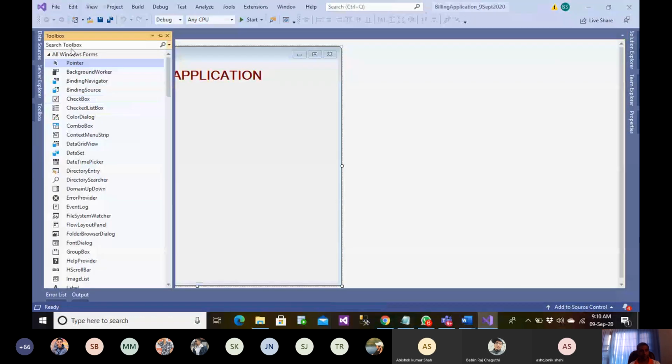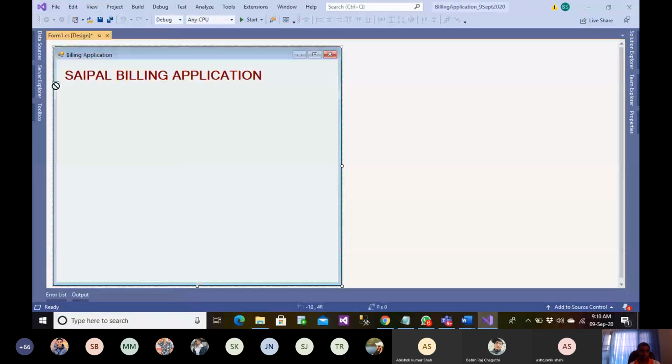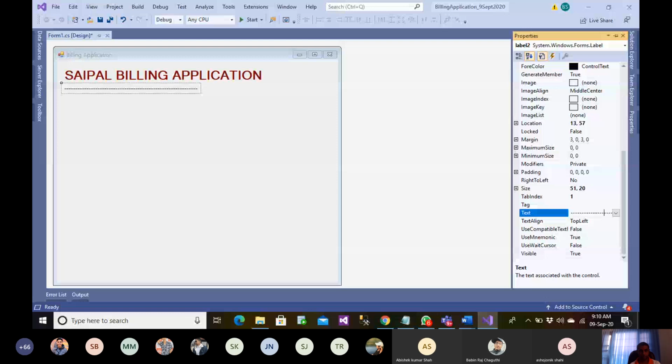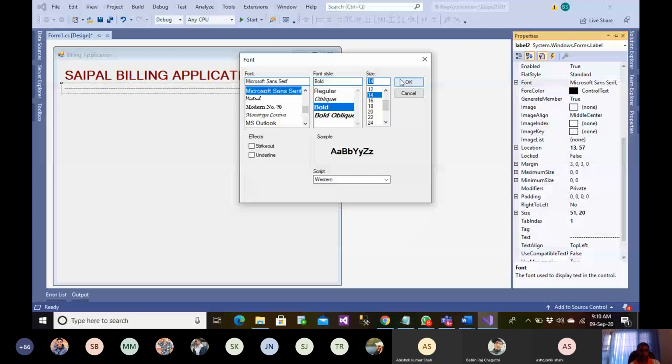Let's have another label here. All right, let me put it here. Let me change the text of this label. Okay, put some more. Let me change the font of this label. Okay, so that looks better.